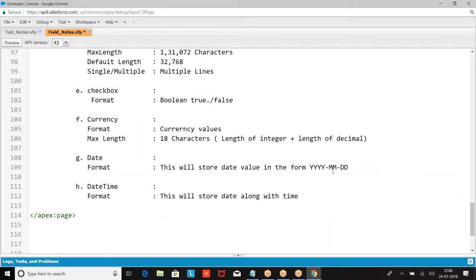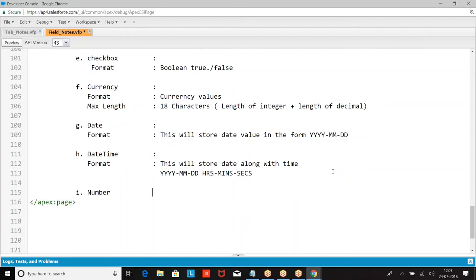But internally how it is stored? Year, month, date. So date, date time.